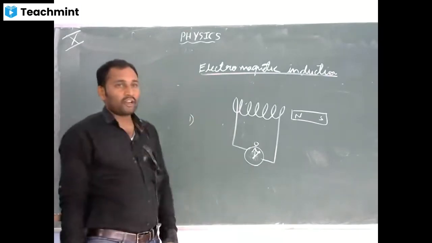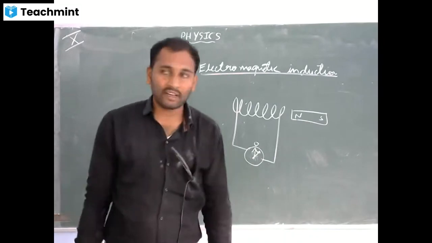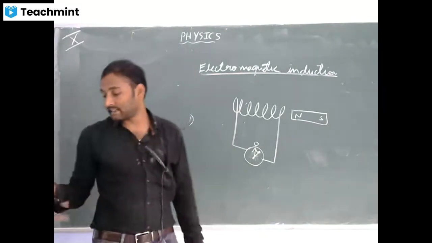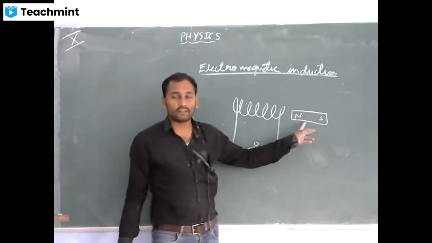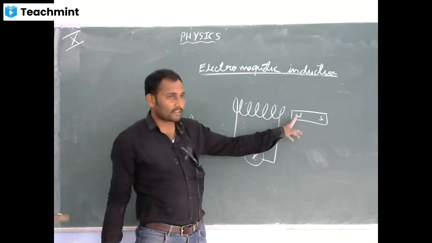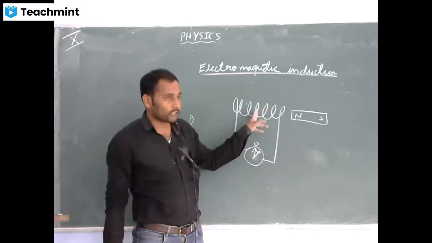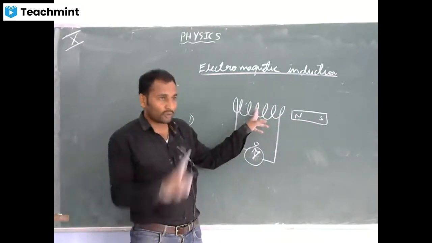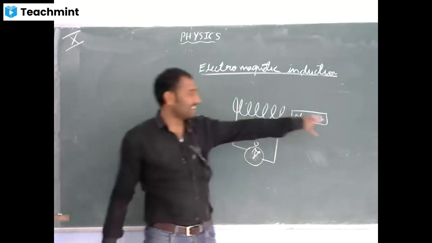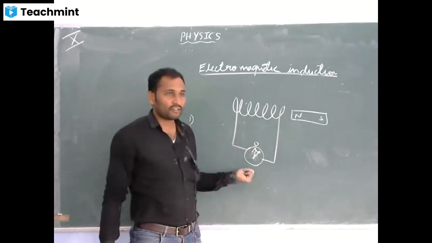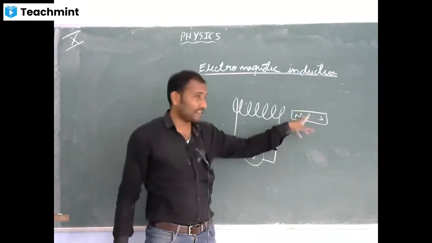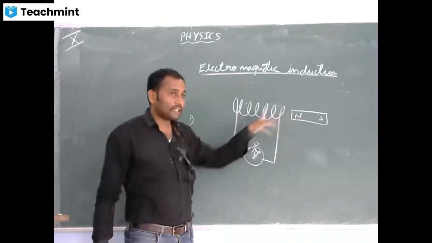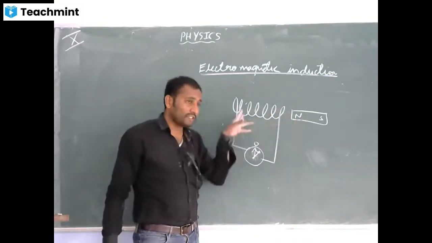The first law is called electromagnetic induction. First law of Faraday's law, we call it electromagnetic induction. See, surrounding this, what will be there? Magnetic flux. Whenever the magnetic flux linked with the coil changes. I forgot to say one more thing. If this is stationary, will it show deflection? It will not show deflection. Only if the magnetic flux linked with the coil changes, that is, the magnet has to move inside this, then only